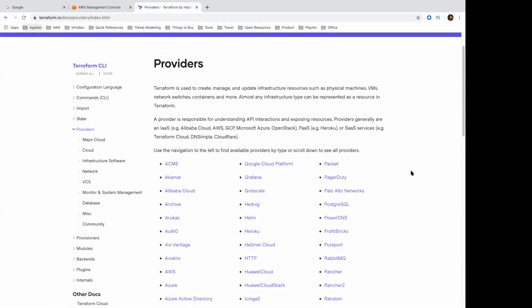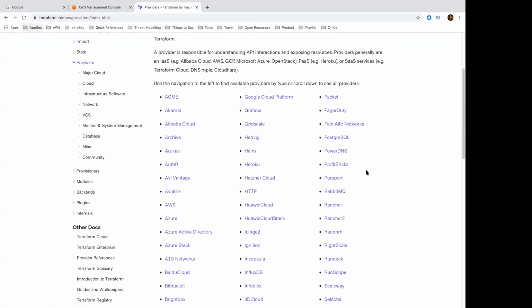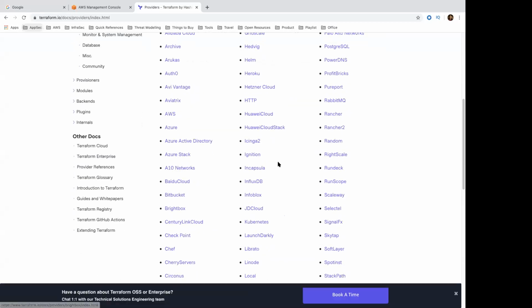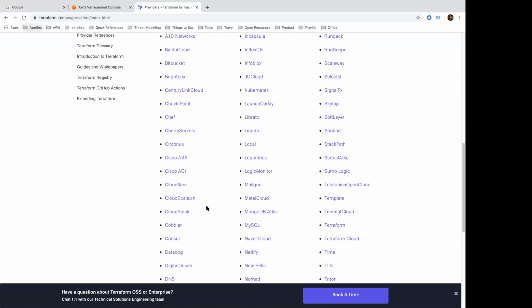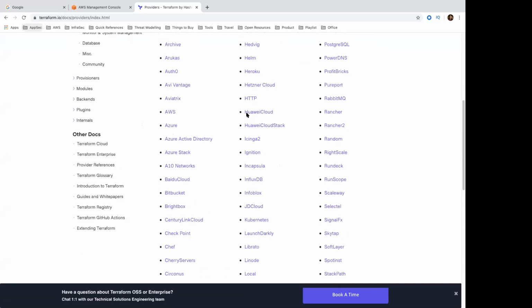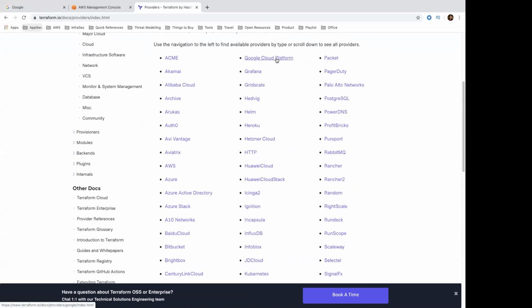Providers are nothing but your different cloud providers or your different SaaS platforms. So you have your Alibaba Cloud, then you have your AWS as well. You also have your Azure, and I'm sure you also have your GCP, which is Google Cloud Platform. It will be somewhere down here. Yeah, Google Cloud Platform.